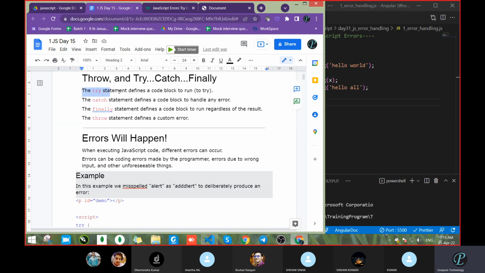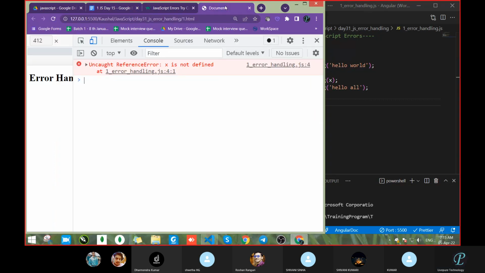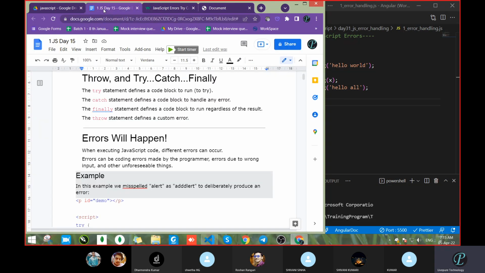Let's see. The try statement defines a code block to run. Whatever you think will run, this block that has to execute, will be under the try. The catch statement defines a code block to handle any error. Now this is our error, so it has to be handled inside the catch block, because we don't know when an unexpected error will come.